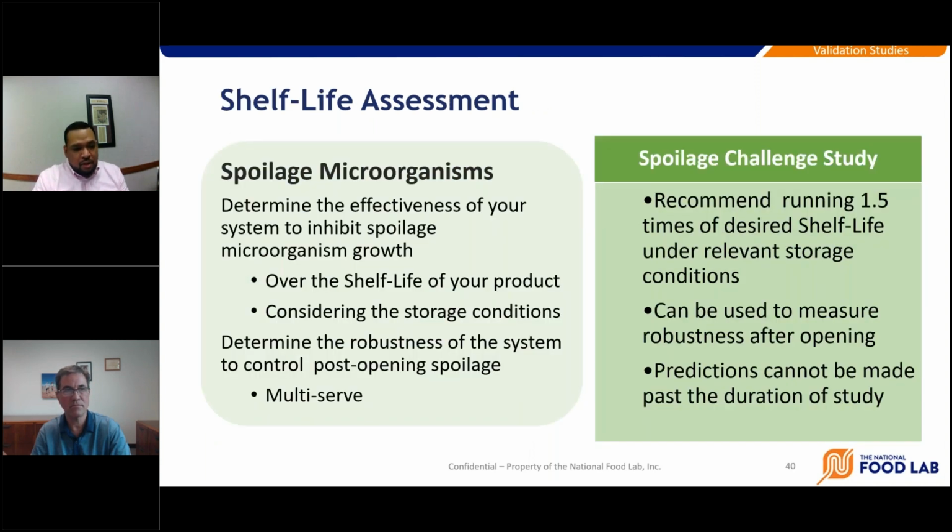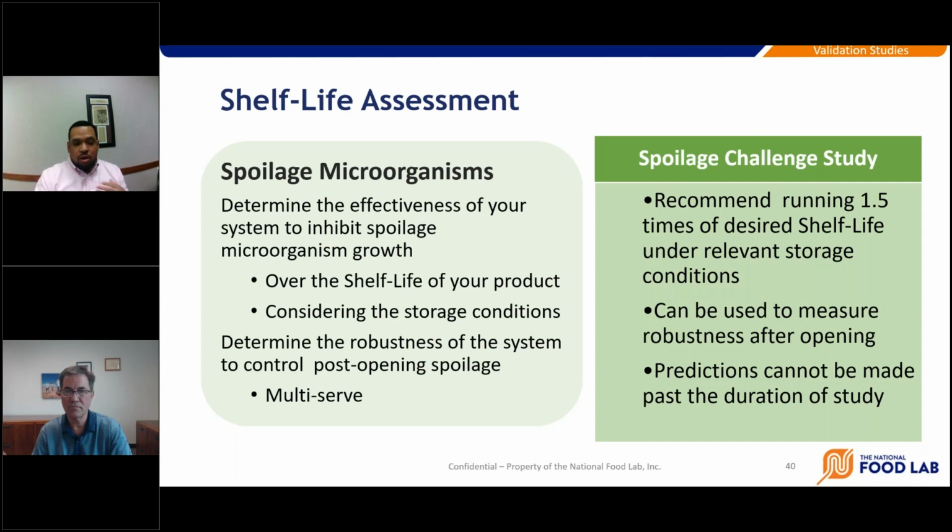and have that information submitted to the FDA. In terms of shelf life assessment for spoilage microorganisms, it's slightly different. You need to be able to determine the effectiveness of your system to inhibit the microorganisms that are causing the spoilage issue. And that needs to be done over the desired shelf life of your product. And you need to consider the storage conditions. For example, if you are going to have product shipped to Arizona, it's going to sit in the warehouse in the middle of summer when it's really, really hot. Those are going to be extreme conditions that need to be accounted for when you're designing your